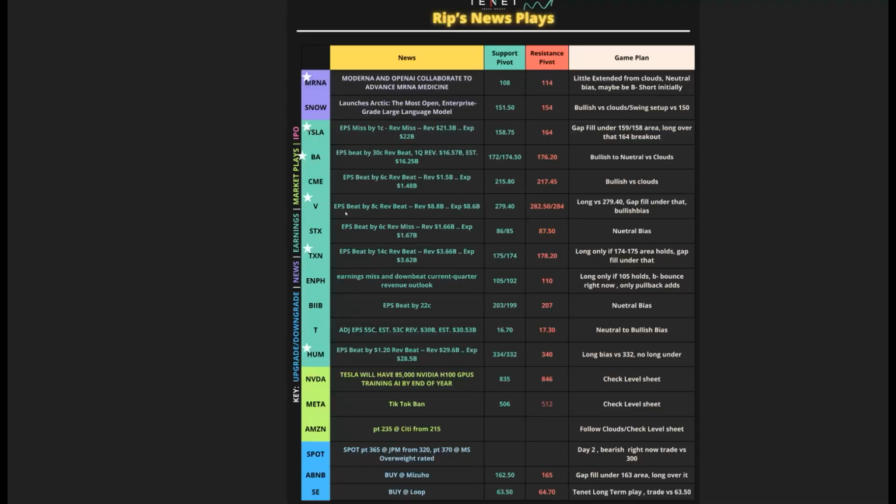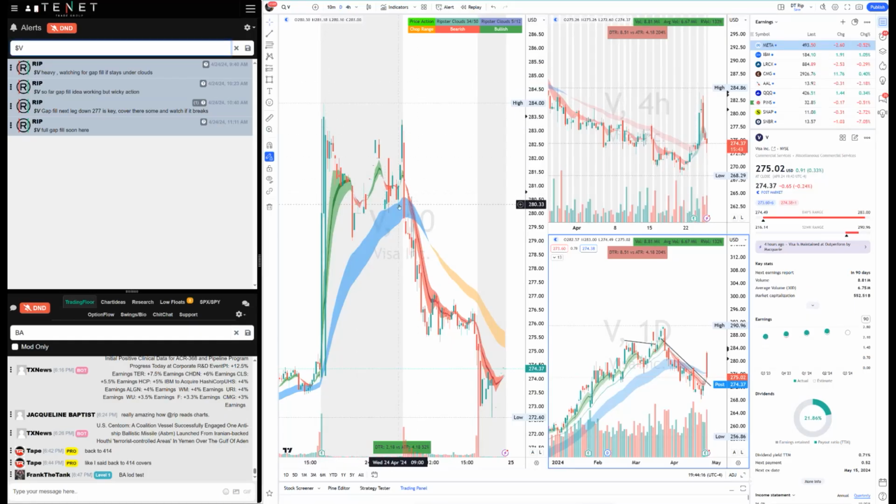Pre-market planning on Visa was pretty straightforward. Long versus 279.40, gap fill under that, bullish bias. That's fine. We need to have a bias, but when it breaks that level, change the bias. That's when I told everybody, heavy watch for the gap fill. If it stays under the clouds and it's filling the gap, I said next leg down 277,